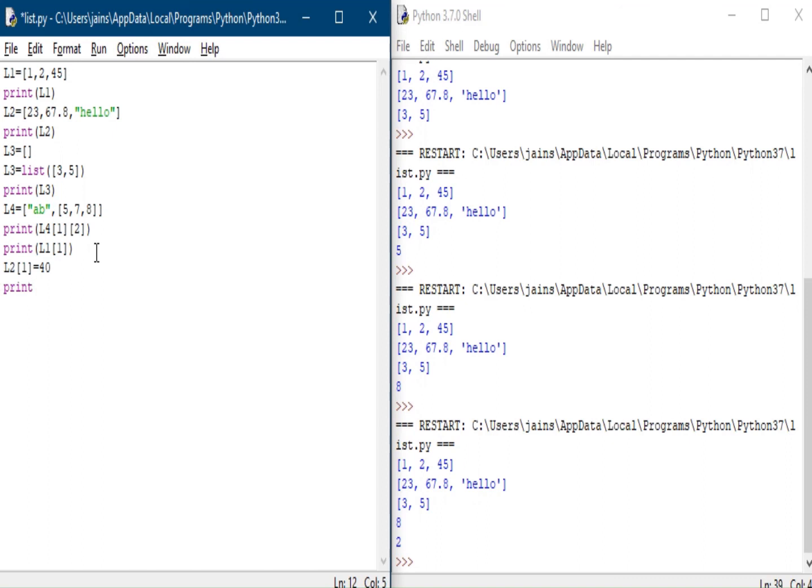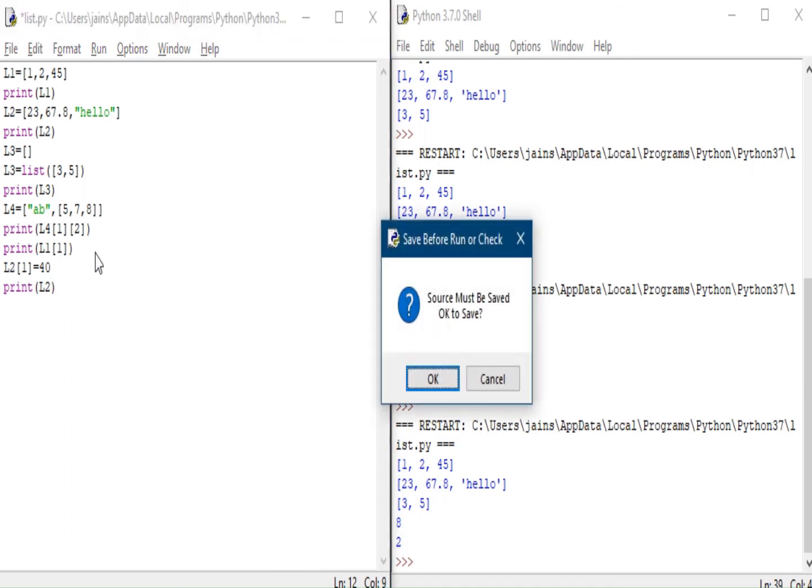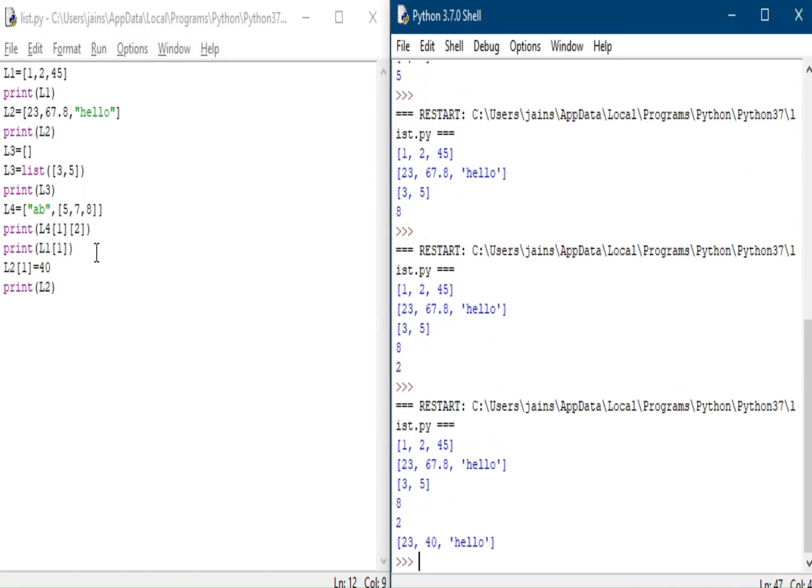Now let's print it. Run it and see the output. See the last output? Instead of 67.8, it's printing 40. I hope this is clear to you all.